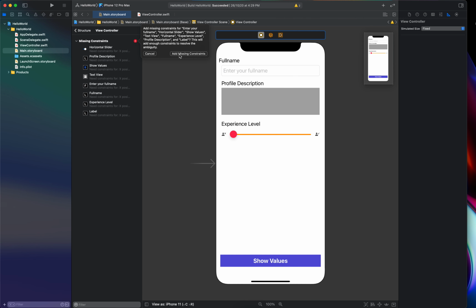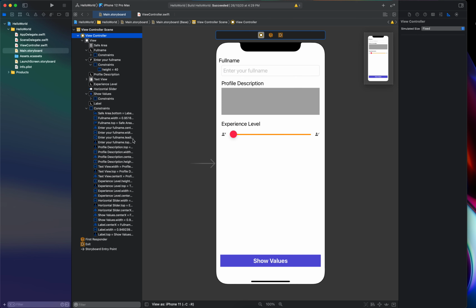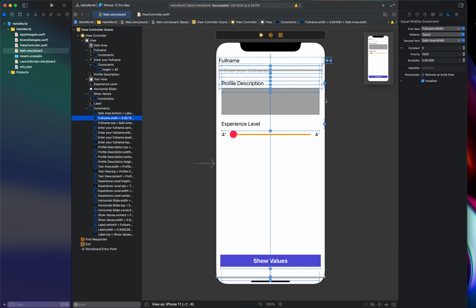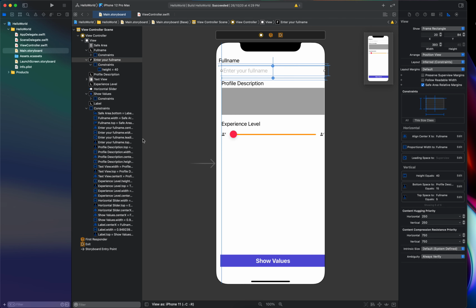Let's see. So this is our complete solution. This will fix on its own. The iOS code is much better in terms of understanding what exactly is required. If you see it, that will fix our problems, right? So something is wrong to this guy here. So we will select this and